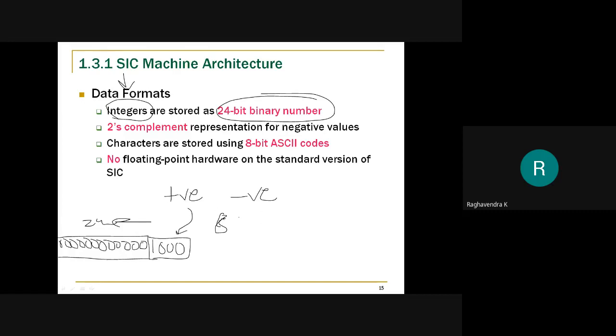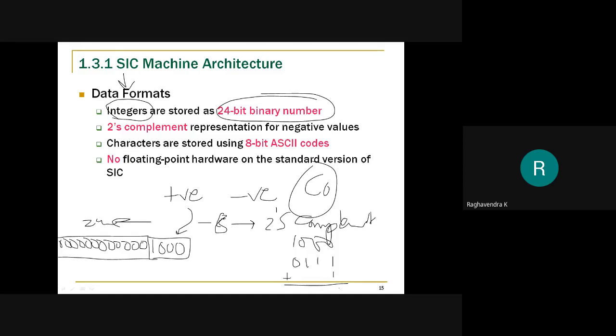If I want to represent minus 8, what will we do? We'll take the 2's complement. I believe you are familiar with the concept of 1's complement and 2's complement. All these concepts have been studied in computer organization. So we convert that to 2's complement and then store it. For example, if 1000 has to be stored, how do we take a 2's complement? We first invert the bits, so 1 will become 0 and all zeros will become 1. And then I add 1 to it.